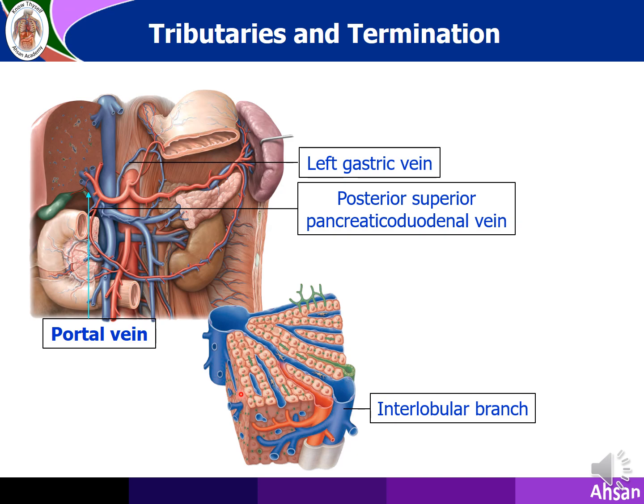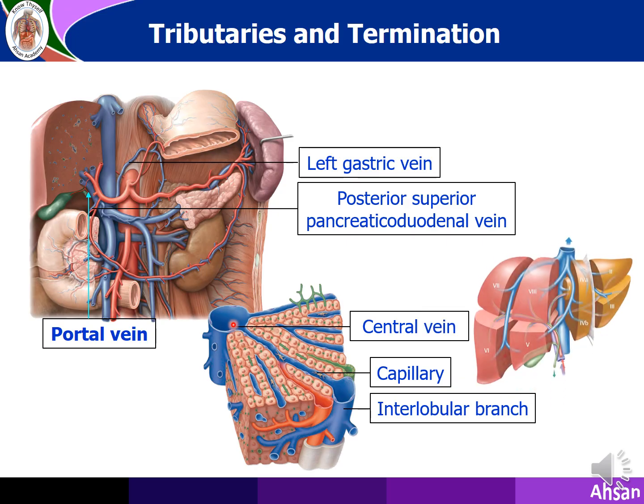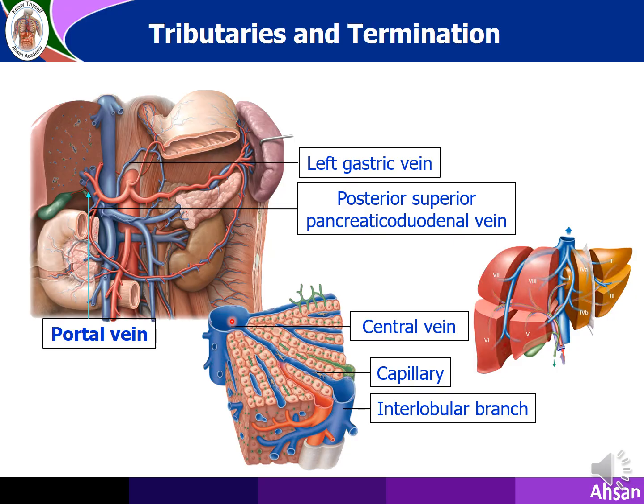So this is the second set of capillary that is formed within the liver. This is the capillary, and this one is the central vein. This central vein fuses together and makes some areas as a vascular segment. So the liver has 8 vascular segments that I have shown, and I will describe in the next slide, that these capillaries unite together and separate vascular segments are formed.